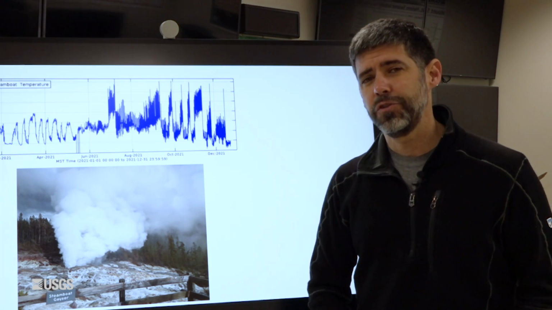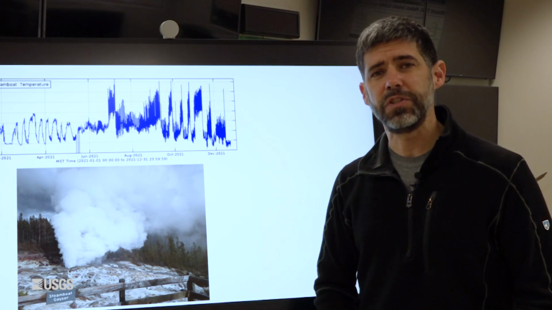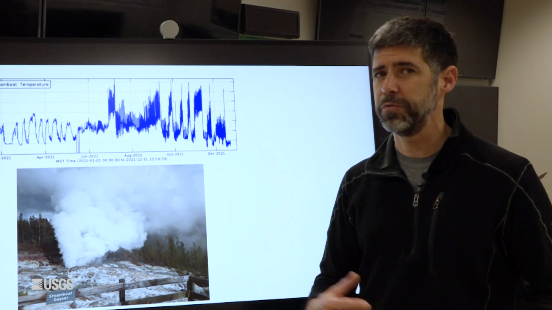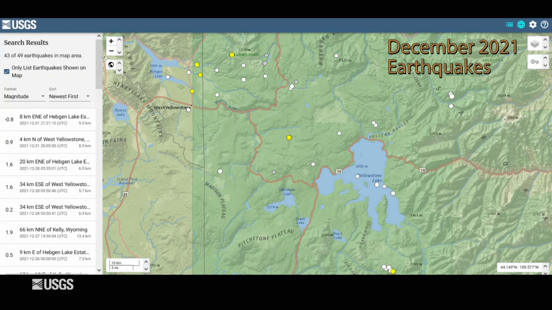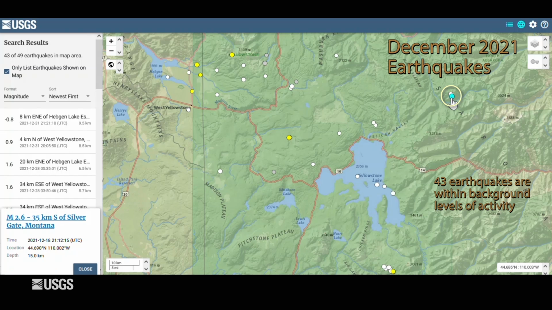All right, well that's sort of the year in review. Now let's talk about the specifics of what happened in December in terms of earthquake and deformation activity. The University of Utah Seismograph Stations, which is responsible for the operation and analysis of the Yellowstone seismic network, located just 43 earthquakes during the month of December, so a pretty light month for earthquakes in the region. The largest was a magnitude 2.6 that occurred on the eastern side of the park on December 18th, so just a minor earthquake. There was no swarm activity, so well below background levels of earthquake activity during the month of